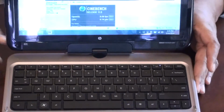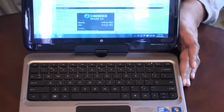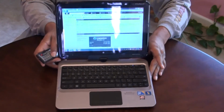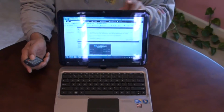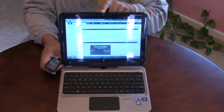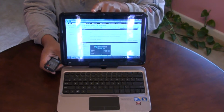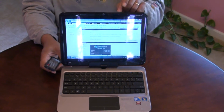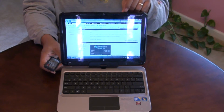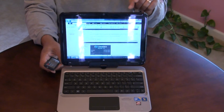Looking at the screen section, there are really no buttons on the screen section. The only thing in the screen would be, if you get it as an option, the web camera. The webcam's up top here. You've got two microphone jacks on the side there. Also, at the top here, if you have the broadband modem included, you get a little